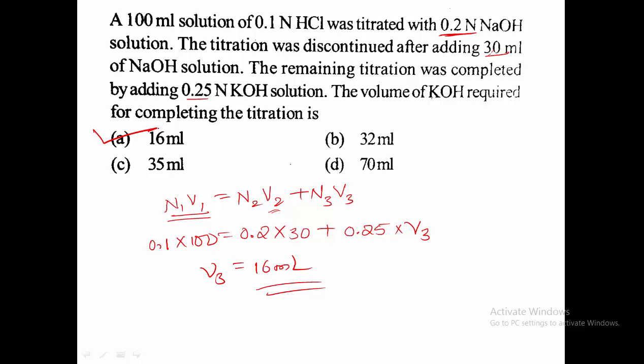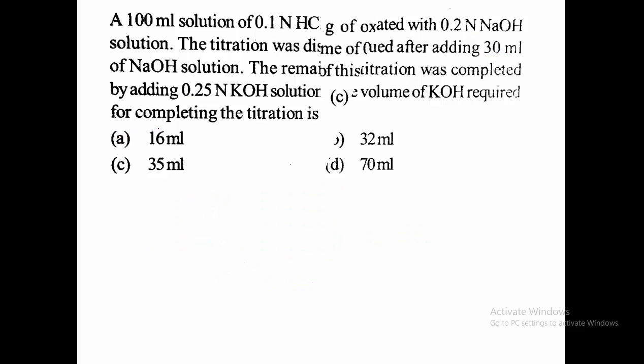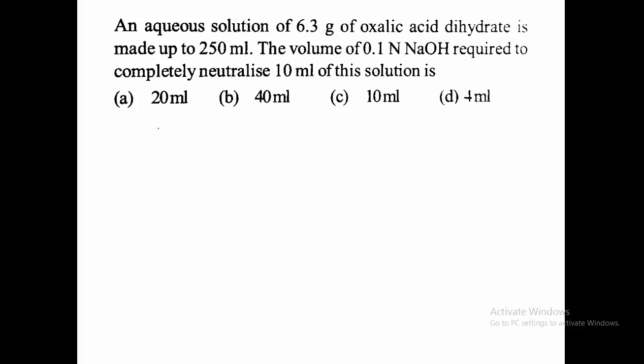So remember these formulas. The next one, an aqueous solution of 6.3 gram of oxalic acid dihydrate is made up to 250 ml. The volume of 0.1 N NaOH required to completely neutralize 10 ml of this solution is. ಇಲ್ಲೇನು ಮಾಡಿದ್ದೀವಿ, 6.3 ಗ್ರಾಮ್ ಆಕ್ಸಾಲಿಕ್ ಆ್ಯಸಿಡನ್ನು 250 ml ಒಳಗೆ ಡಿಸಾಲ್ವ್ ಮಾಡಿದ್ದೀವಿ. ಈಗ 10 ml ಅನ್ನು ನ್ಯೂಟ್ರಲೈಸ್ ಮಾಡಬೇಕಾಗಿತ್ತು ಅಂತ ಹೇಳಿದ್ರೆ ಎಷ್ಟು